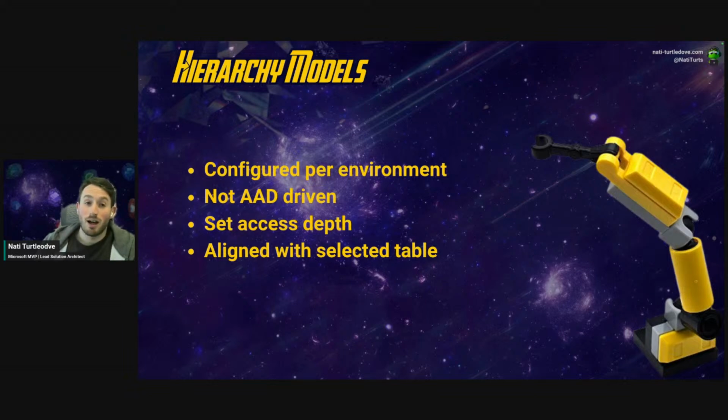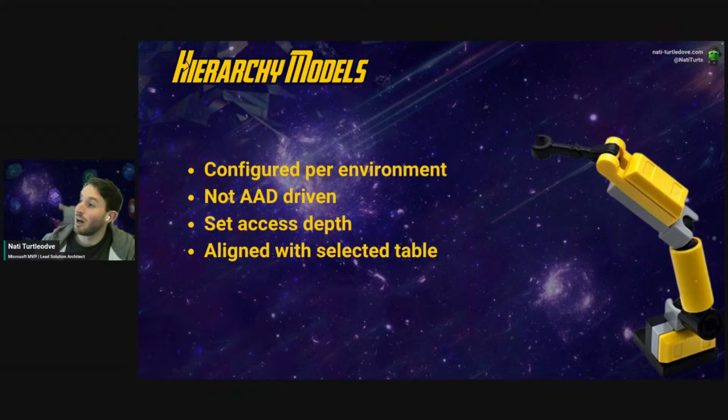One of the benefits about hierarchy models is that you can set its access depth. Again, we'll see how these levels work in the next couple of slides. But basically, what is an access depth? If a user owns a record, that depth level is equal to 0. Their direct manager above them would be level 1. And the manager above that direct manager would be 2. So you can see how far up this hierarchy ladder you want to go to start letting data through. That's what we call our access depth.